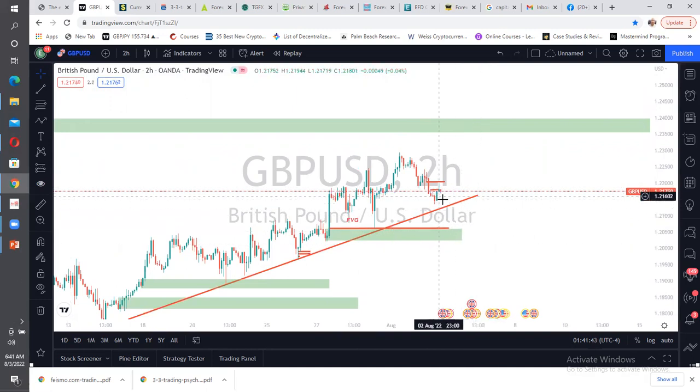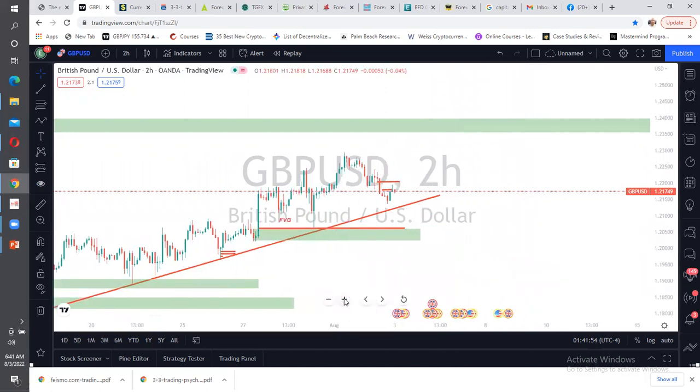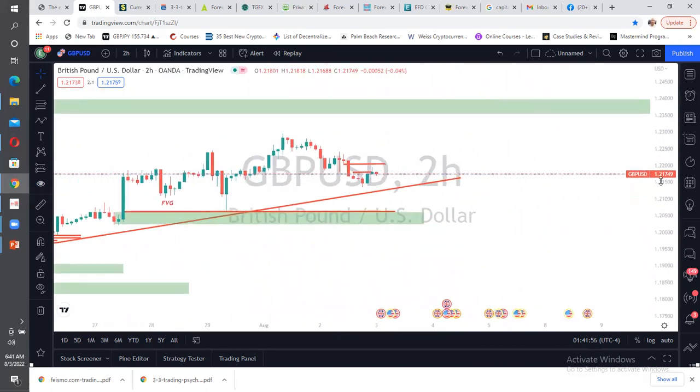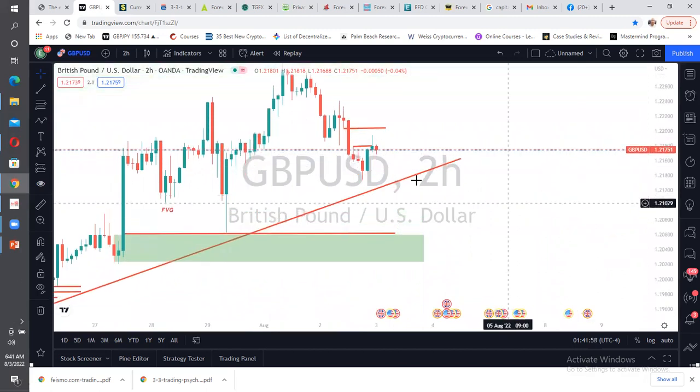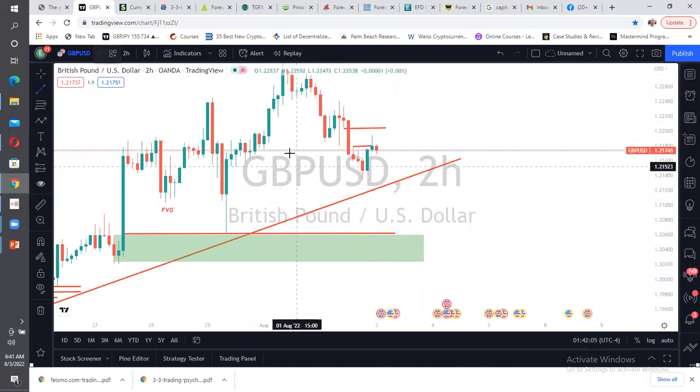But then if it gives us a push to the upside, then we'll look for a way to go up with it. But on a good day, based on the market structure on 2 hours, now our bias should be down, all right? But then if you watch it, you will see that we also have a break of market structure, then pullback. So I want to see a manipulation to the downside, then to the upside. That is exactly what I want to see.